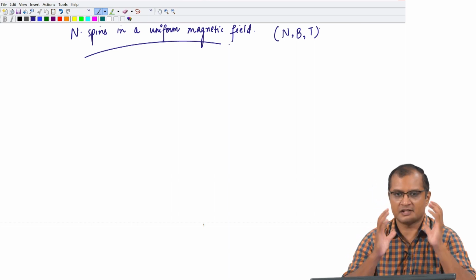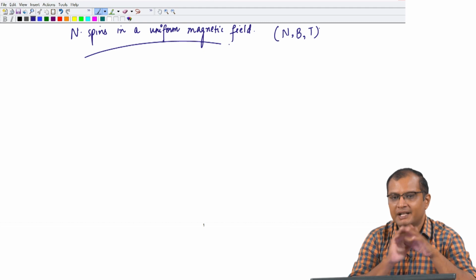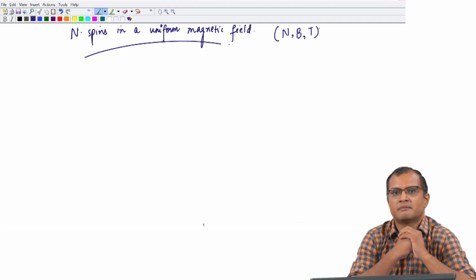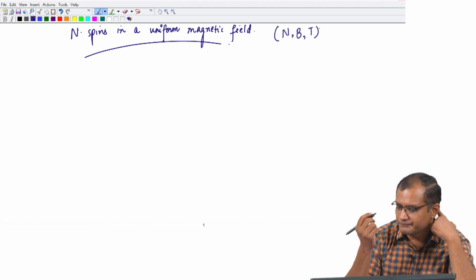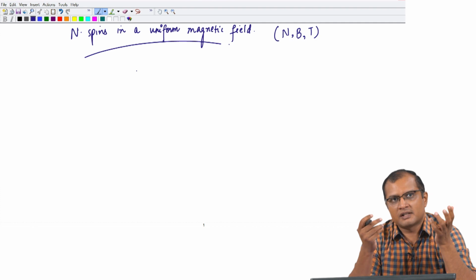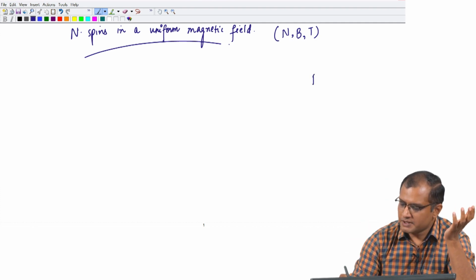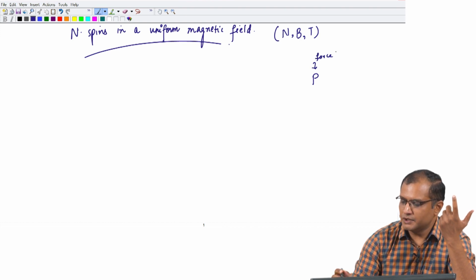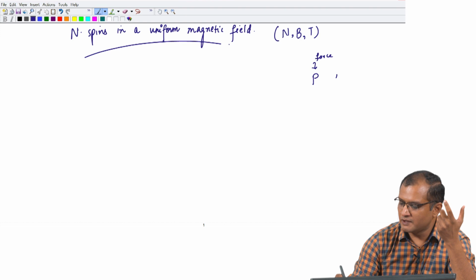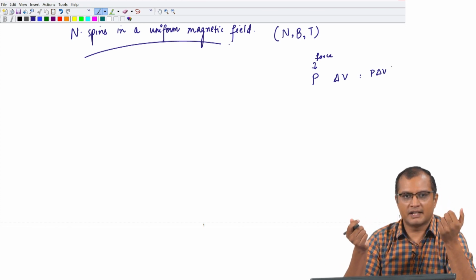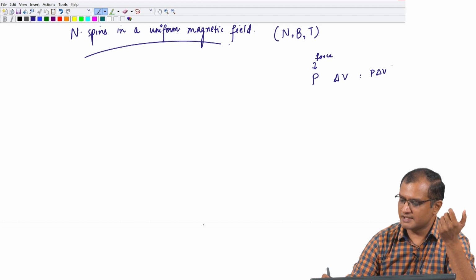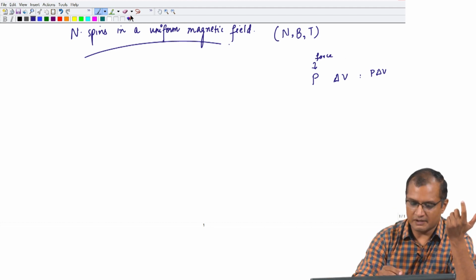Now, because this is a system of spins, we are going to maintain this system of n spins in a constant magnetic field. So, it is like if you consider pressure as a generalized force and you want to keep pressure constant, then you have to allow for exchange in volume, because PdV is the work done on the system against an external pressure. So, this is the energy scale. Okay. So, I will write this as the